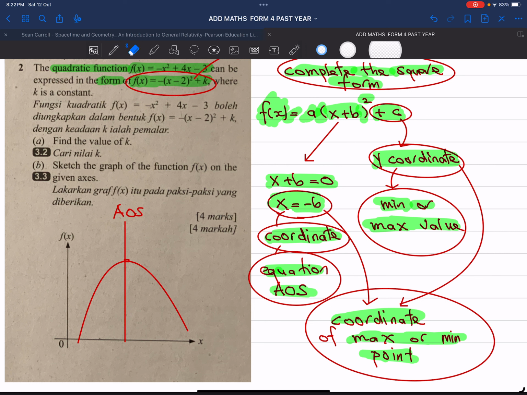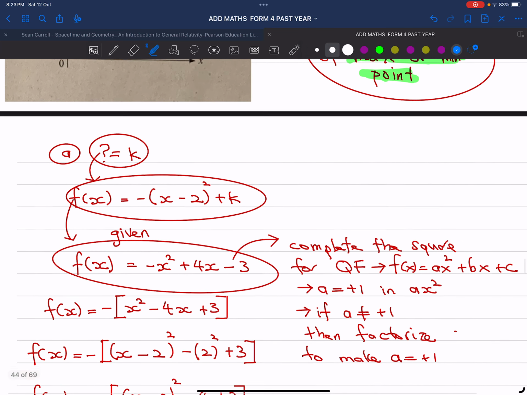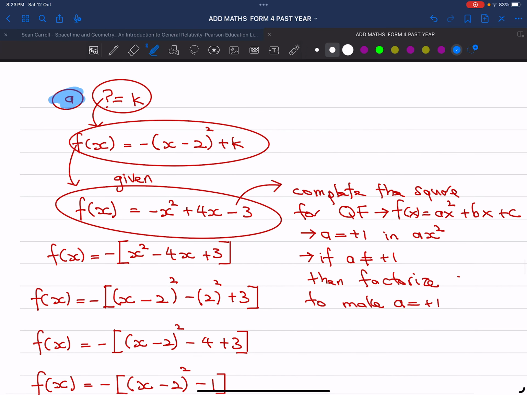Okay, now we look at the question. Part A, find the value of k. As usual, we always start from what they ask. You see, they are asking k. I go to the equation which has k, and this equation was